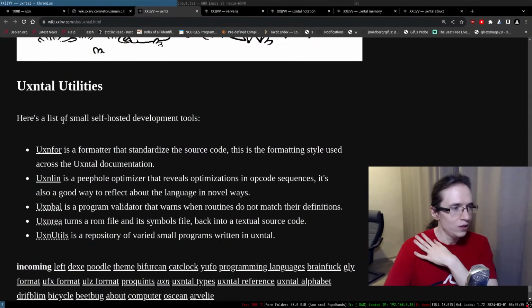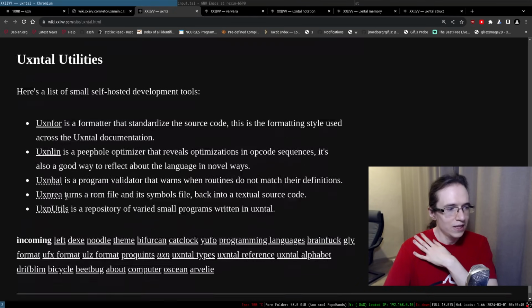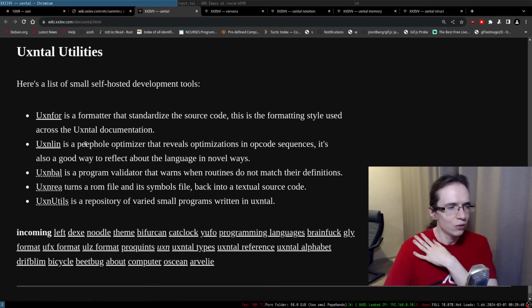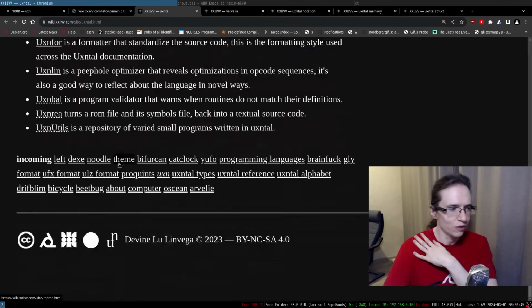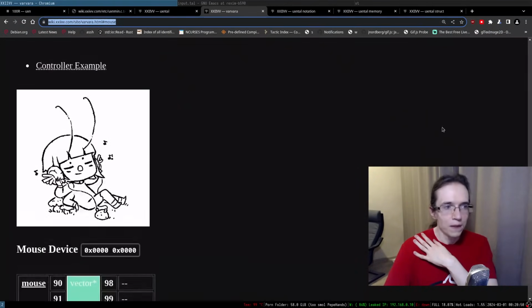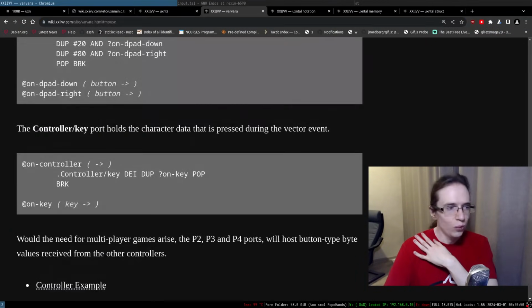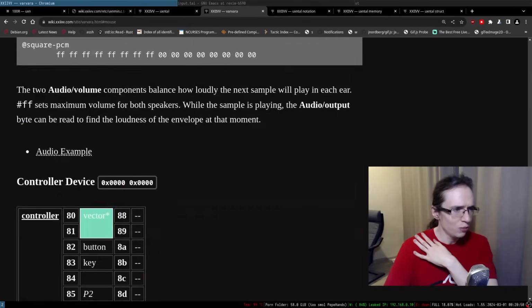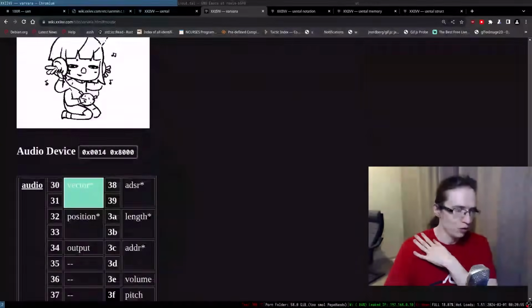So utilities, small self-hosted development tools. Is it a formatter, linter, I suppose? No, it's a peephole optimizer that reveals optimization of code sequences and stuff like that. All right, so that's pretty cool. We have mouse. I suppose I'm not really that interested in mouse, to be fair.